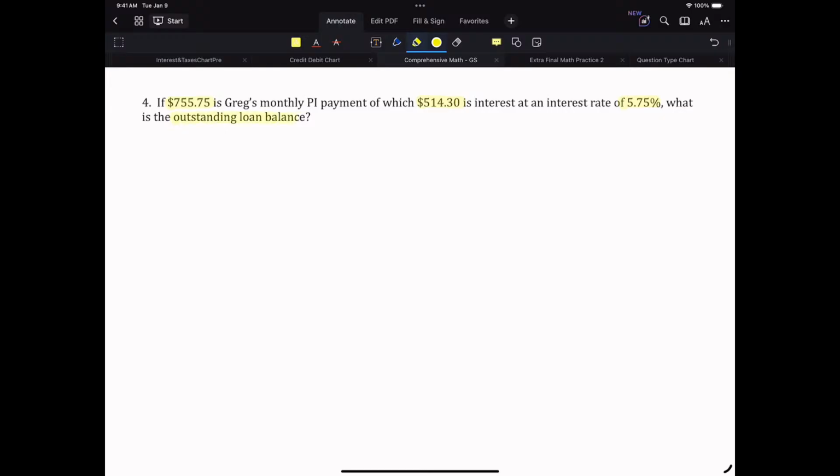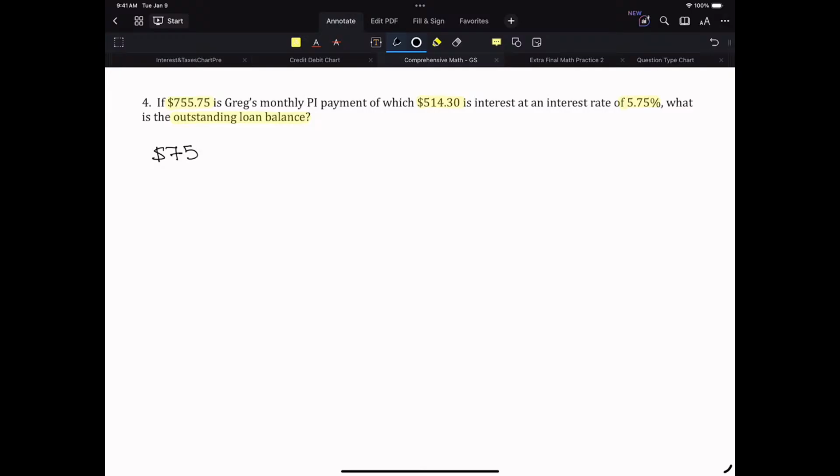Now, I'm hoping that this is what you're talking about, but we're going to do it anyway. Why? Because that's what you say. So, how do we do this? Well, this problem, if you understand the mechanics behind principal and interest, it's not so bad, right? When you make a monthly payment